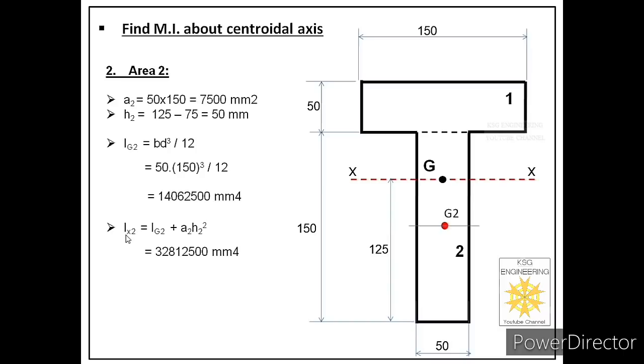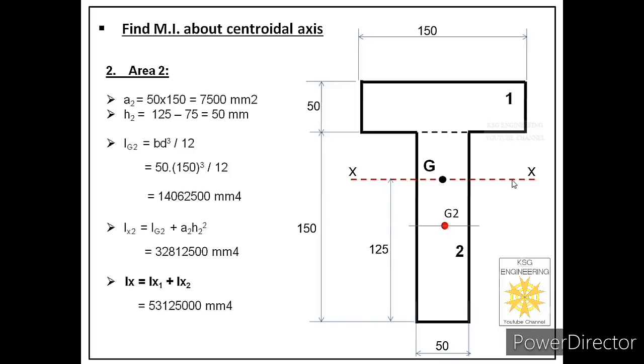So now we got the value of the moment of inertia of area 1, that is Ix1, and of area 2, that is Ix2, about the main axis. So what next will we do? We will add those two values to get the final answer, that is Ix, the moment of inertia of the complete area about the main axis. So when you do this, you will get your answer. I hope the first part of this numerical, which was related to the moment of inertia of the composite area about centroidal axis xx, is clear to you.